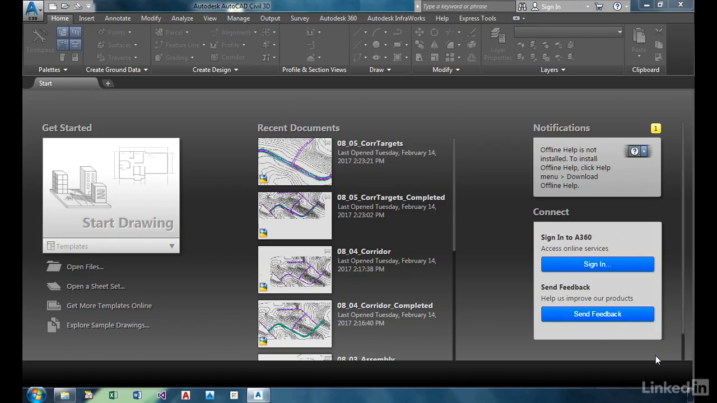In our last exercise, we created a very simple corridor, but we also were introduced to targeting as we were able to take our subassembly for daylighting and tie it in, or have it target a specific surface. Let's take another look at targeting from a different perspective. Let's go open up our exercise file,